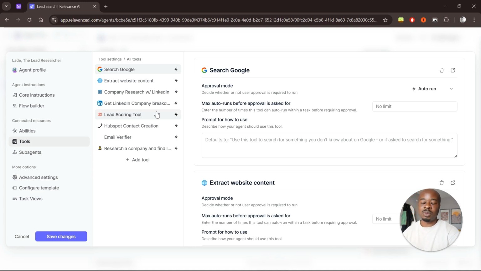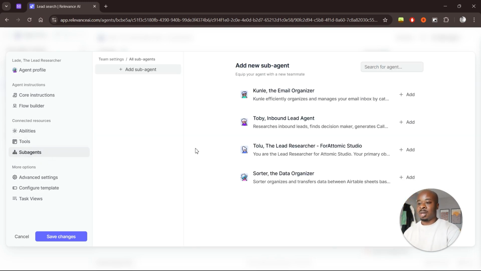I would recommend, if you're working with a workflow that you feel needs more than 8 to 10, then you might want to start using sub agents. As I said earlier, you want to think of your AI agents as people essentially, and you don't want to give them too many tasks. When you feel like you're working your agent a lot with quite a few tasks, then what you can do is create a sub agent who will exist beneath that initial AI agent that it can delegate some of those extra